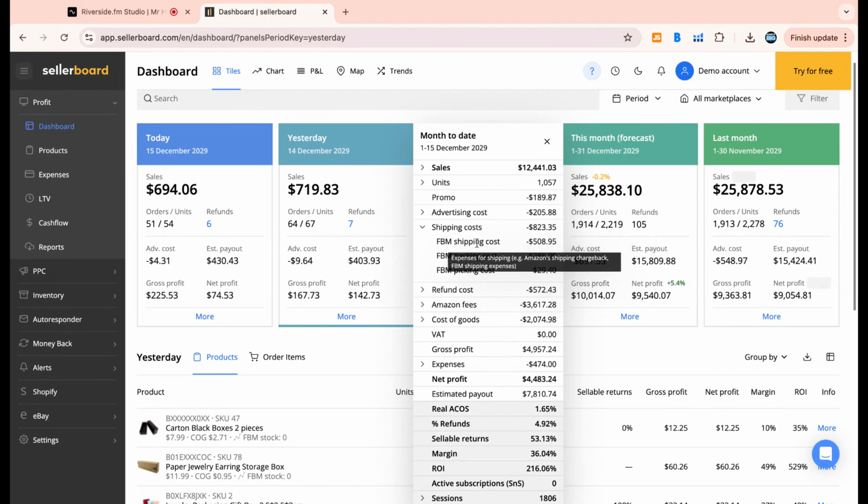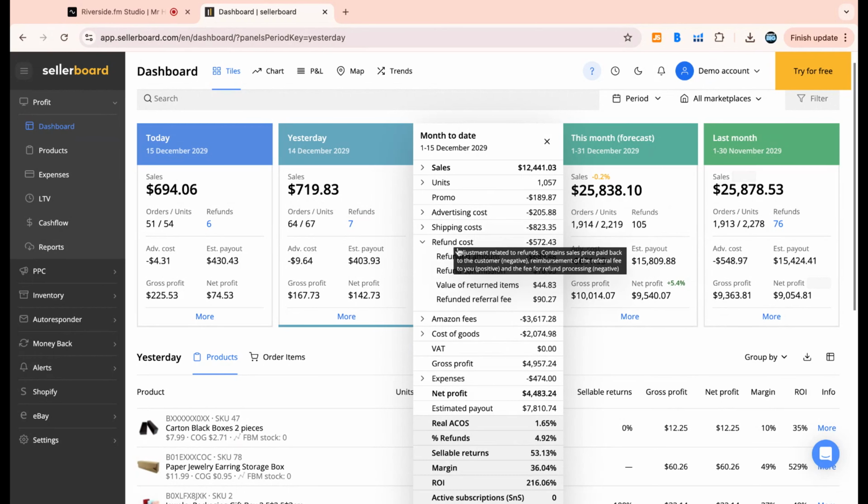Shipping costs, it gives you a good breakdown of the divide between FBM and everything like that. Shows you the refund cost, refunded commission, refunded referral fee. It breaks absolutely everything down for you guys, even down to the inbound transportation there, the reversal reimbursements, any fees